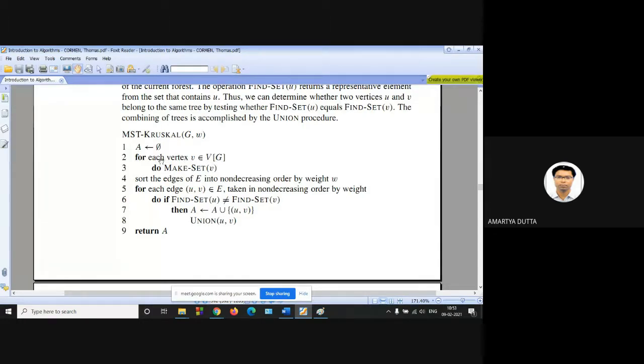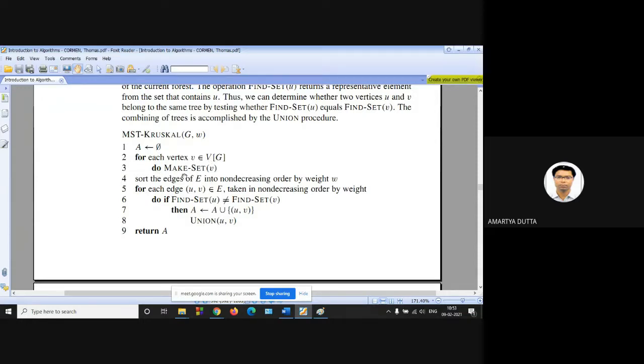You have to scan all vertices, because we know that in your minimum spanning tree there must be all the vertices, but the new set of edges may be one less than the given set of edges. So for each vertex v that belongs to V of G,